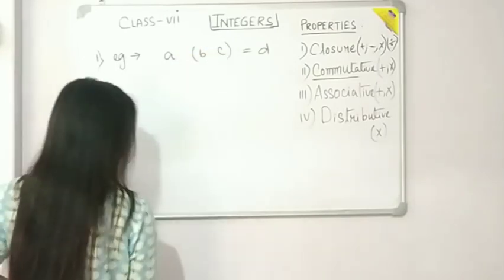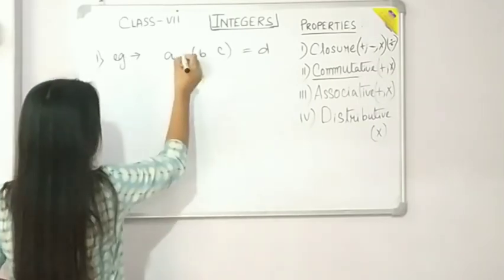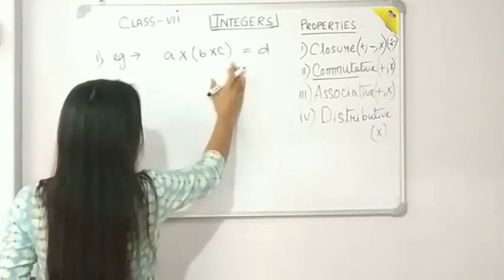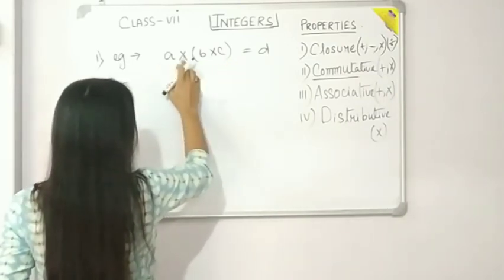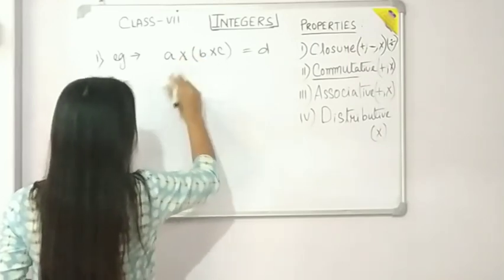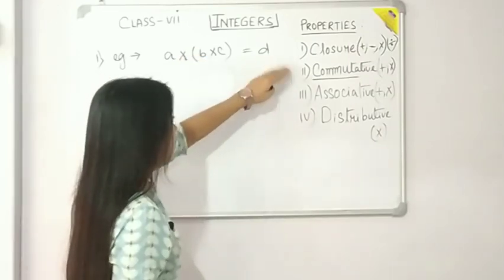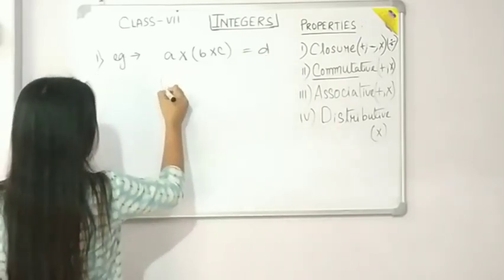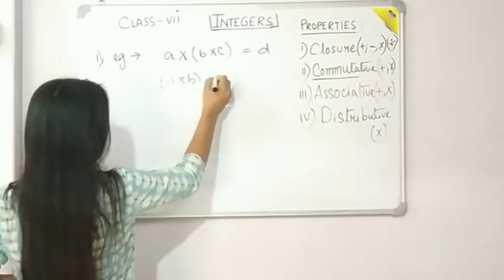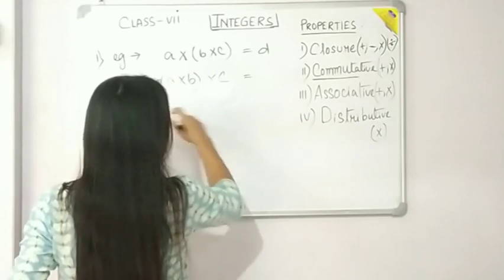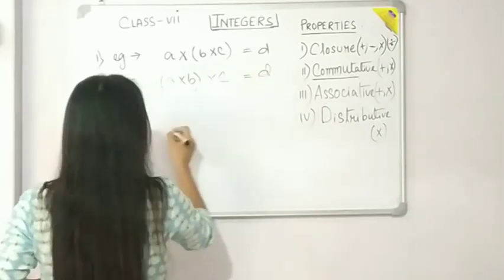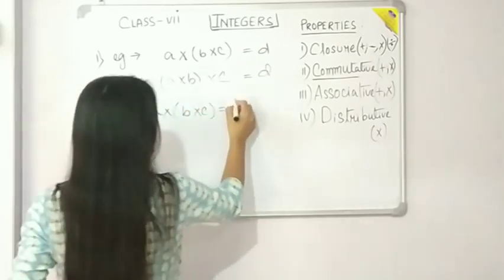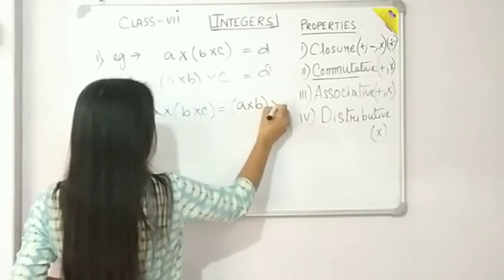So what we know is that 3 or more integers can be multiplied in any order, the answer will remain same. So if we take any 3 integers, multiplications of any 3 integers which are grouped in this way, the answer will remain the same. Alright. And if we change the order, if we multiply A into B and if we keep C as a single, then also we are getting same answer. From this, what can we write? We can write that (A × B) × C equals A × (B × C).